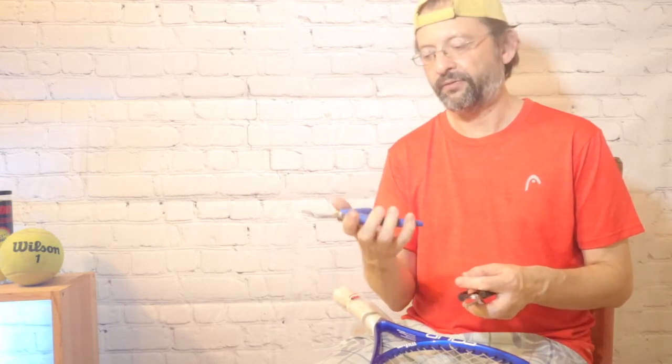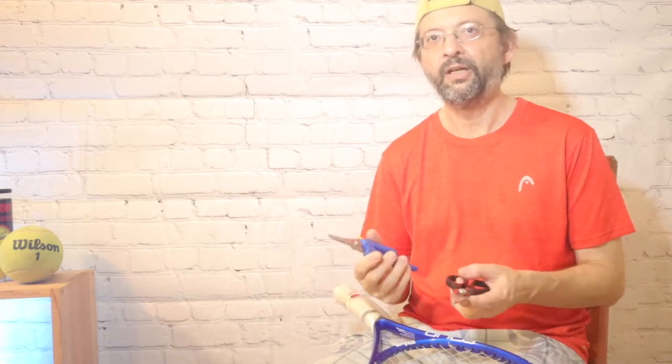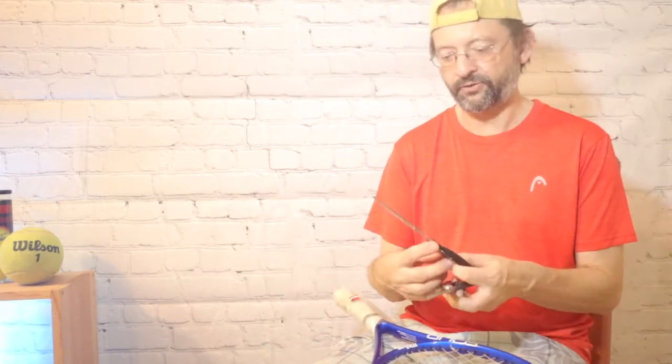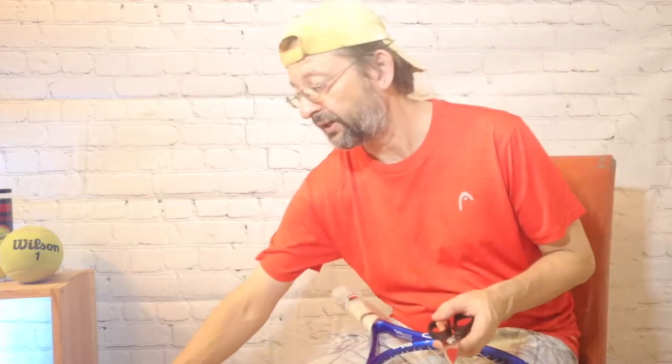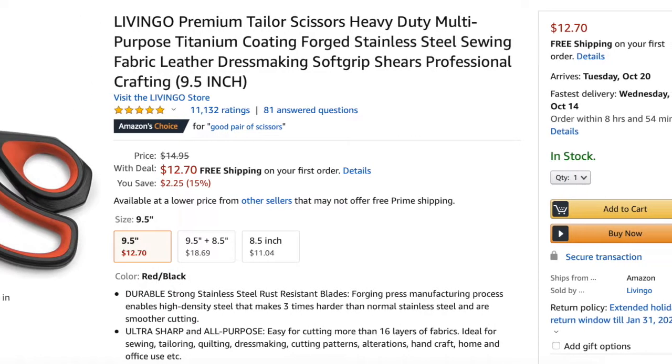I've used this so much I actually broke the handle. This is what I tend to always use for cutting strings. Now if you're only cutting one or two rackets, you can pretty much use your regular common scissors. I have two pairs of scissors here. If you're going to be cutting a lot of strings out, this is going to hurt your hand after a while. It's going to get into your thumb here, and it's not fun when you do it time and time again. Now these are a little better quality scissors, and I don't feel it when I'm cutting because they're pretty solid. So if you find a good pair of scissors,